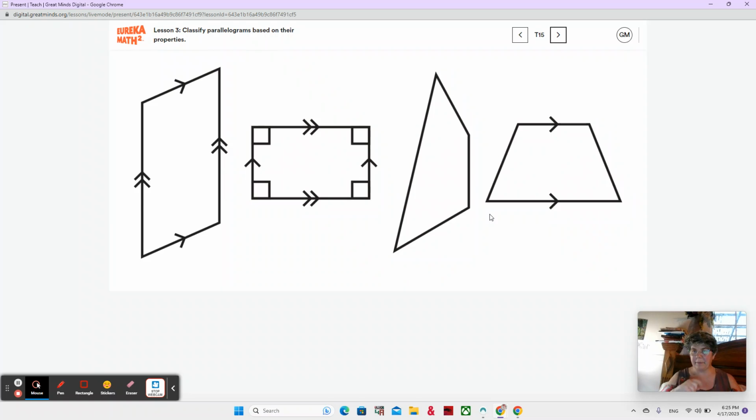Think about what we talked about with the trapezoids. The interior angles, the inside angles, always are going to add up to 360. That's the same for trapezoids, and it's the same for parallelograms. And trapezoids also have two pairs of supplementary angles, right? Okay, so now we're going to take